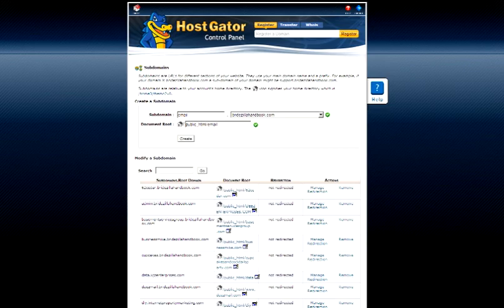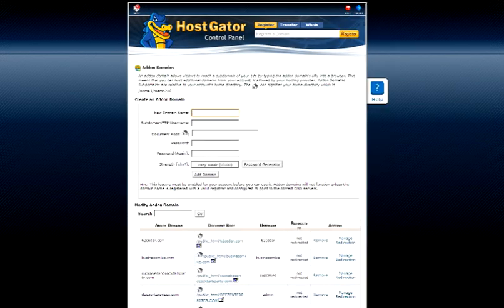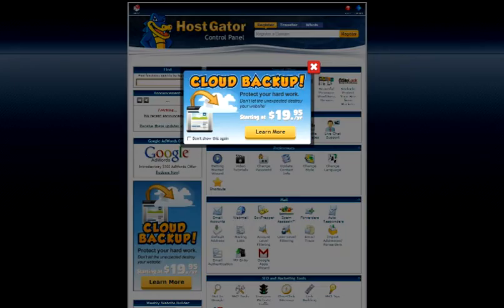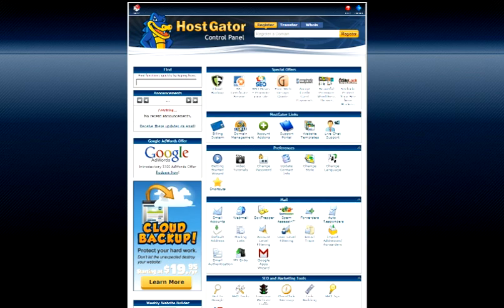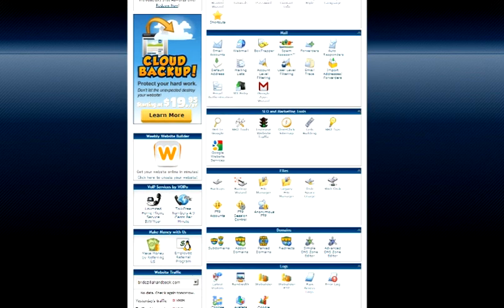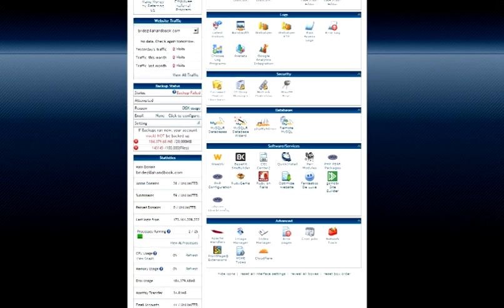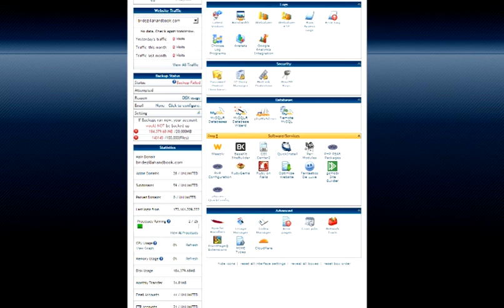Very simple to do. Now we're going to show you how to add WordPress or any other software you'd like onto your domain. But for this class, we're going to show you how to do WordPress. It's the most popular. So again, back from your normal control panel, you're going to scroll down to a tool called Fantastico. Now, because we're working with software, go to the Software and Services tab. Click on Fantastico Deluxe,